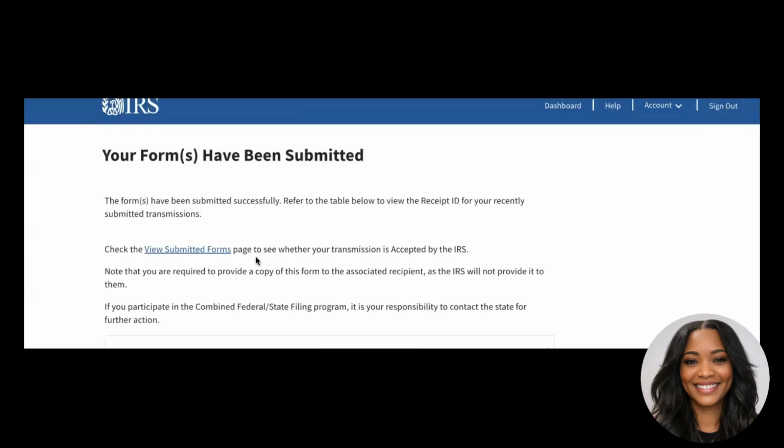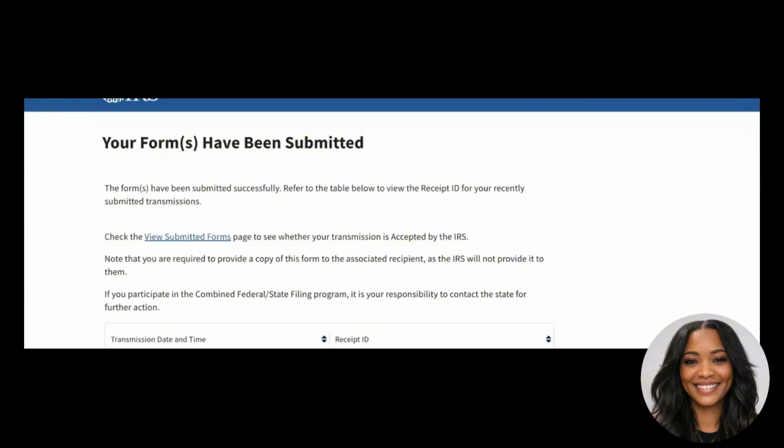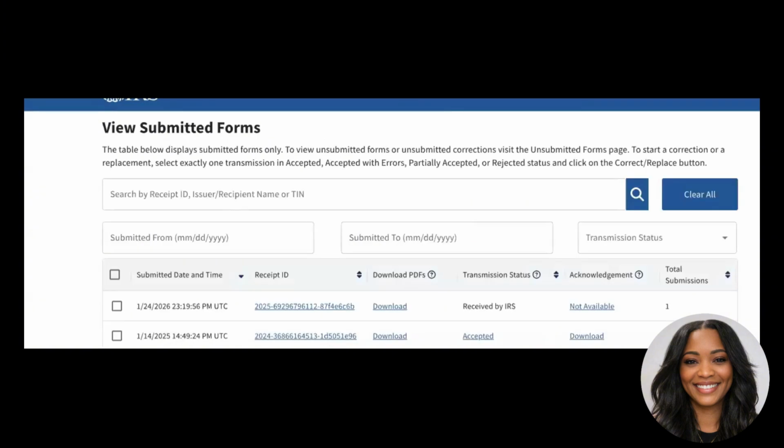I didn't think it happened right away the last time we went through this process together, but we can go to the view submitted forms and we should be able to get the PDF version that we can supply electronically to our contractors as well. So let's go check out the view submitted forms. I remember it taking some time the last time. It wasn't an instant thing, but one second. So it appears to go much faster this time. I remember going through this process on the channel last year and it took a while, but so it's